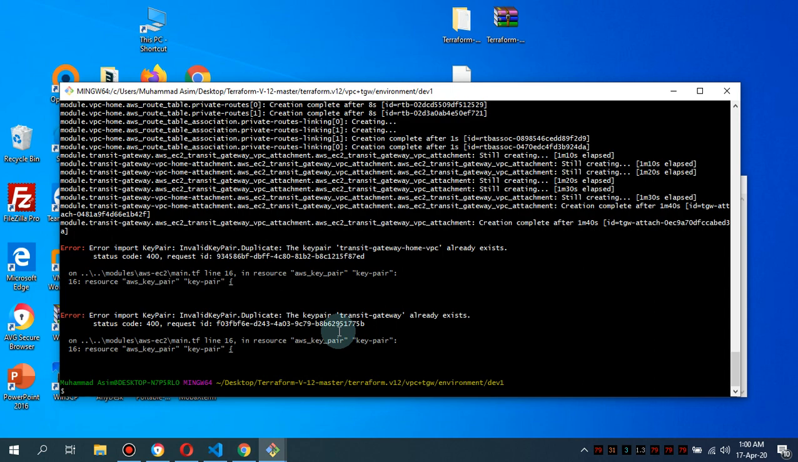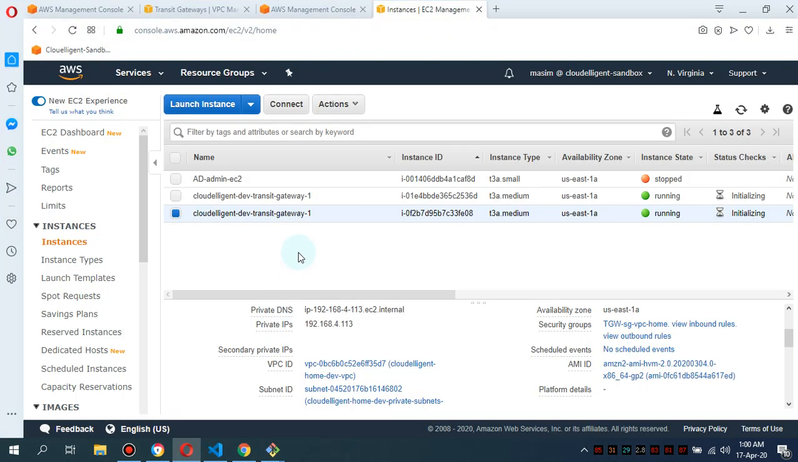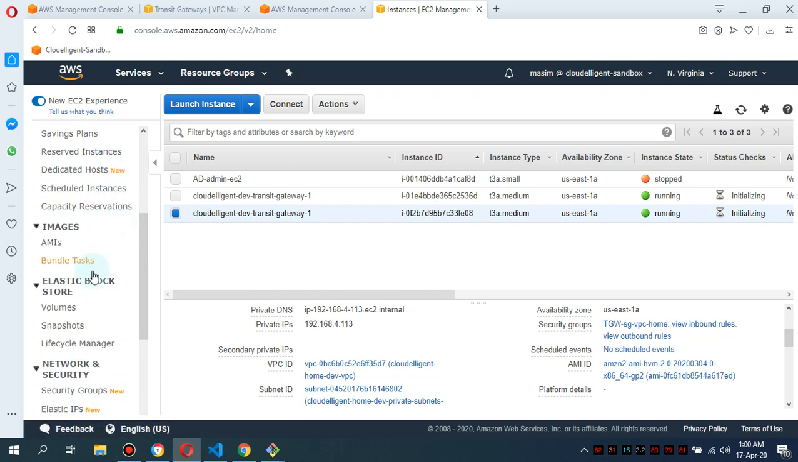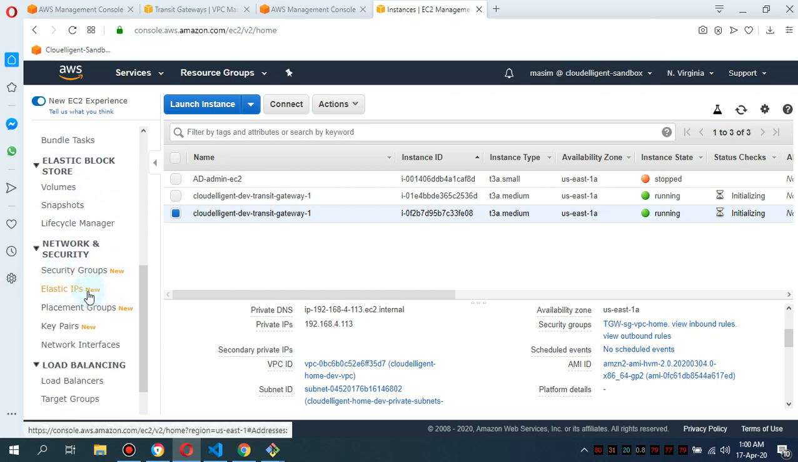Okay, the key pairs already exist. So guys, this is not an error. In fact, I have manually created these key pairs and that's why it's showing. Let me show you that as well. You will not find this error because let me